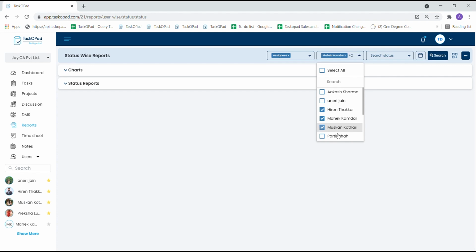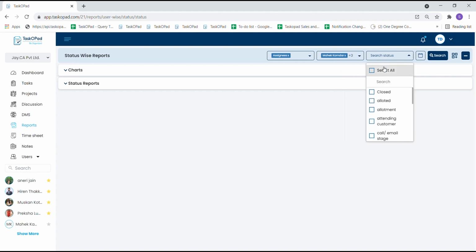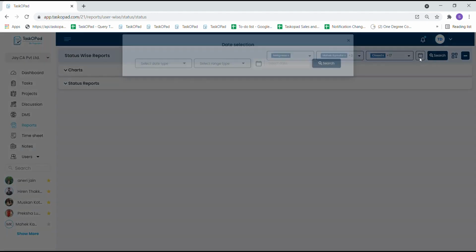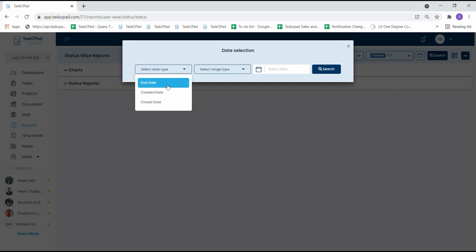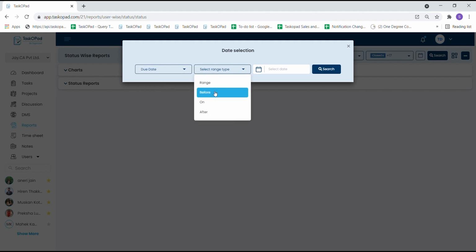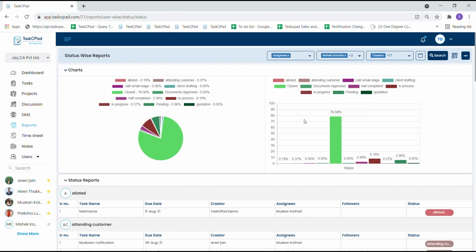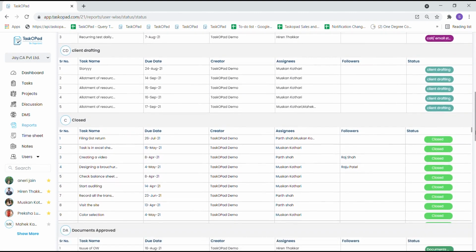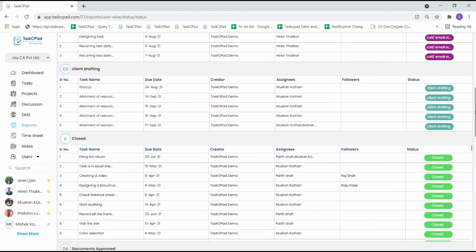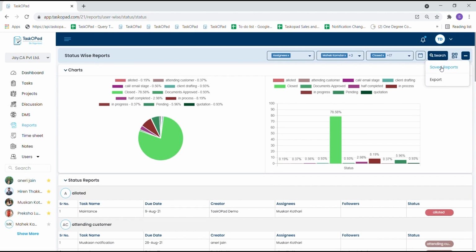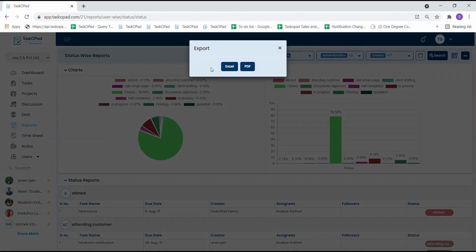So according to the parameters you select, the report will get generated. Now here you can get the whole summary of this report with bar graph and pie charts. Now you can save this report, and also this report can be exported via PDF and in Excel form.